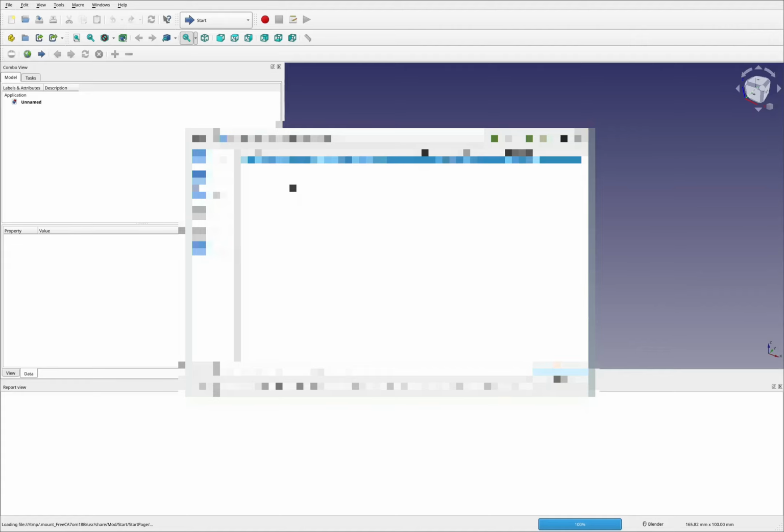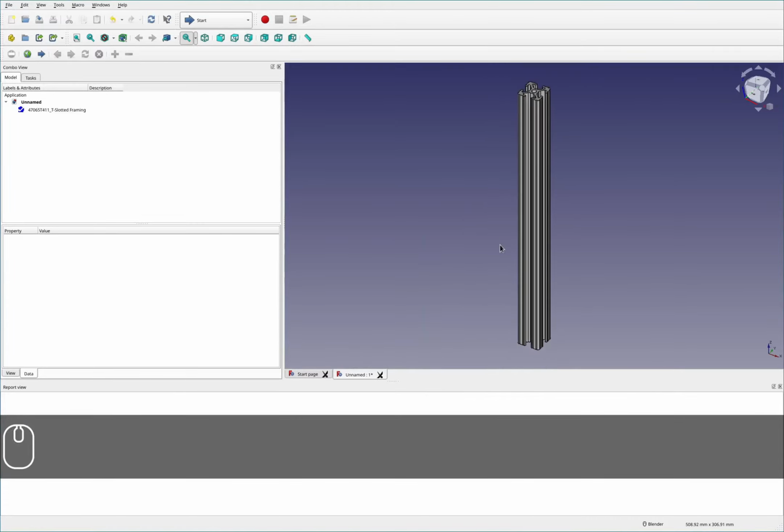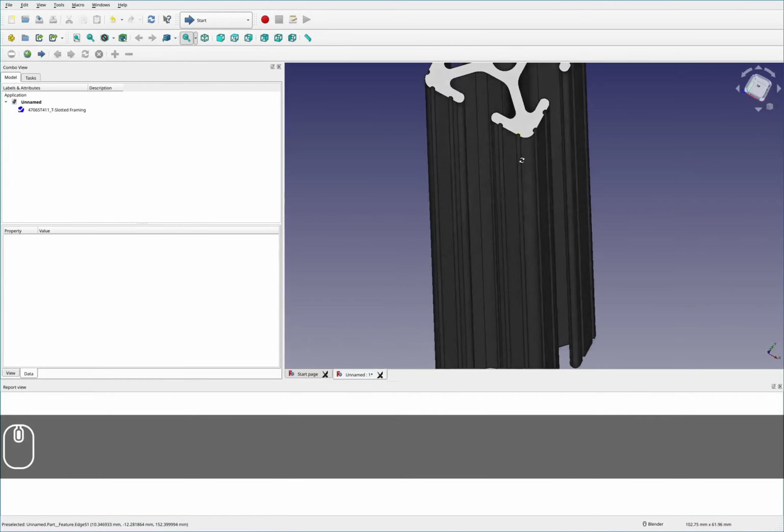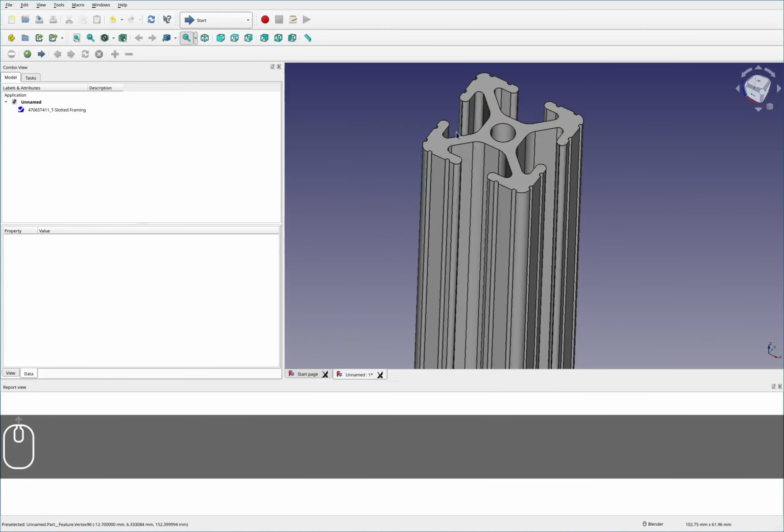You can get this part off of my GitHub page linked in the description here, or you can download it from McMaster-Carr. This particular part I'm using is McMaster-Carr's 47065T411 T-slot framing, 1-inch, 1 foot long, silver anodized. Just pretty standard T-slot. So we brought it in here, and you can see it's a pretty lackluster, pretty standard